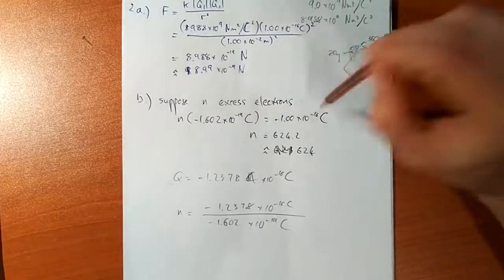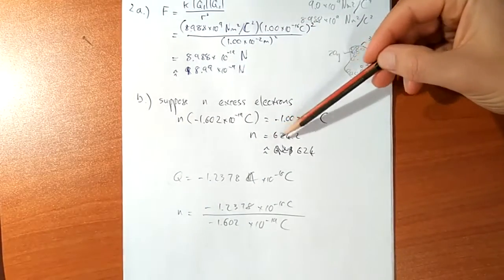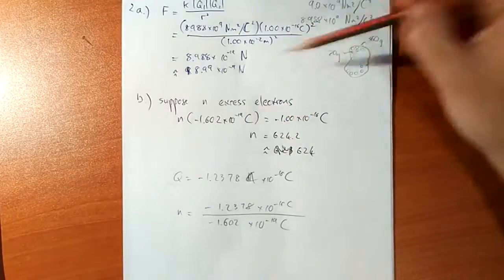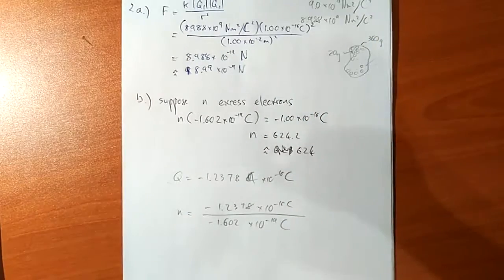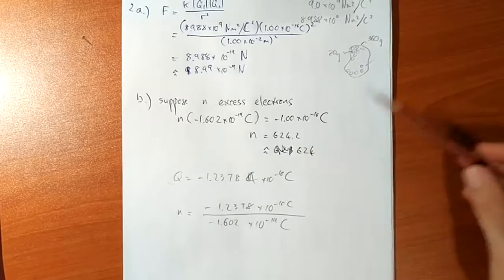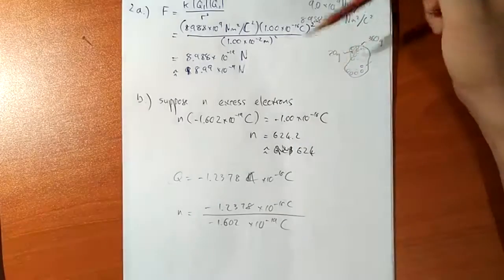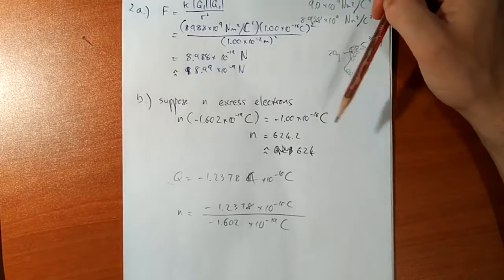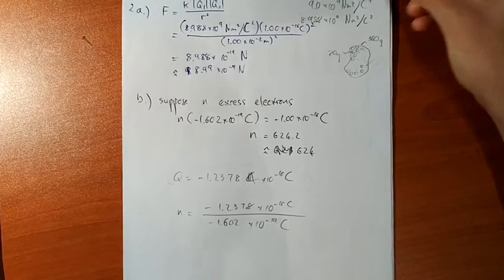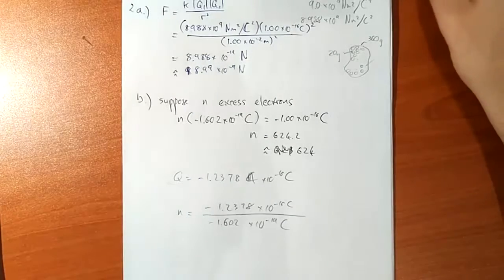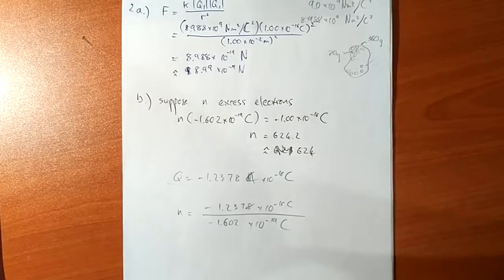Now, if you take that into account and calculate the number of electrons that way, it means the answer can be anything from something like 615 to 630. So this is a very rough answer, so it's absolutely no problem if you got 625 or 627 or whatever. Don't worry too much about it if your answer is out by that last digit. Okay,